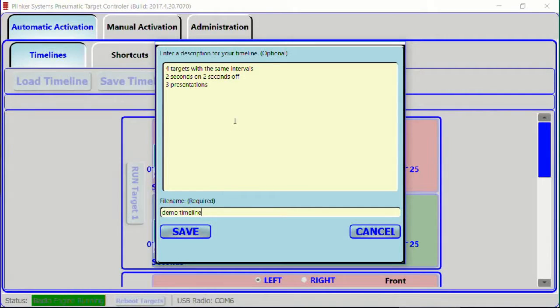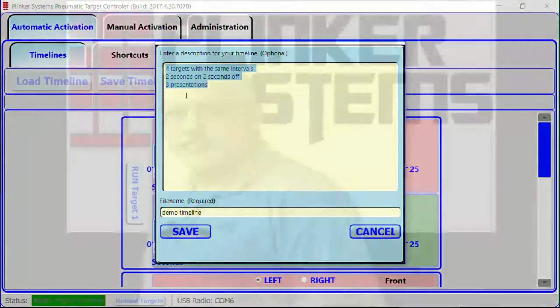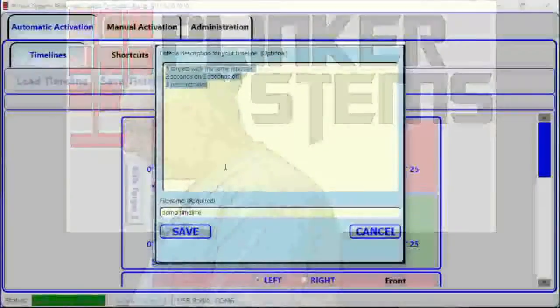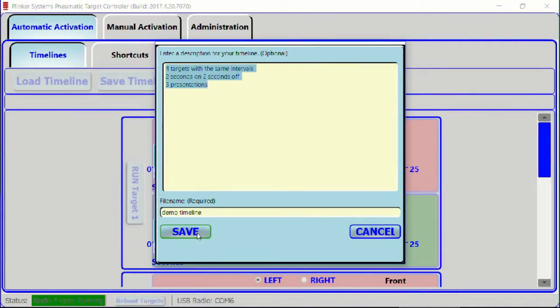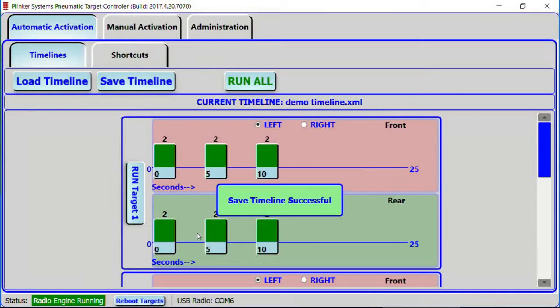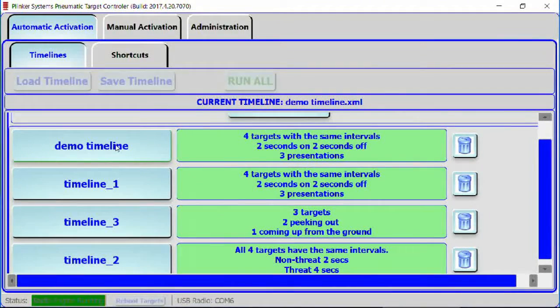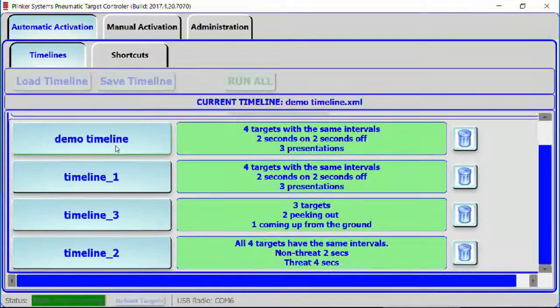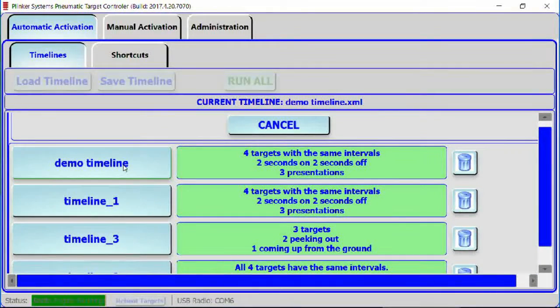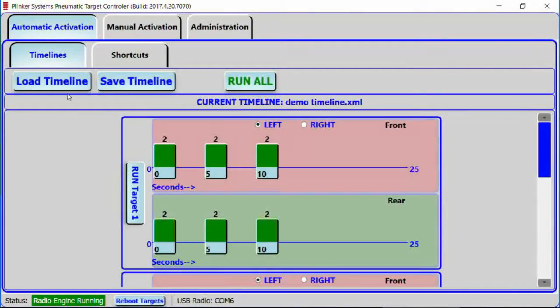Timeline. And then I can edit a description, which makes it easier for me to understand what I'm looking at when I go to retrieve them. So I click Save. Now notice the current timeline is Demo Timeline. And if I go to Load Timeline, notice that Demo Timeline shows up at the top of the list, and that's because it was the last file that we edited. At this point, if I were to make changes to the Demo Timeline, then obviously it would be different from Timeline 1, which is what we were